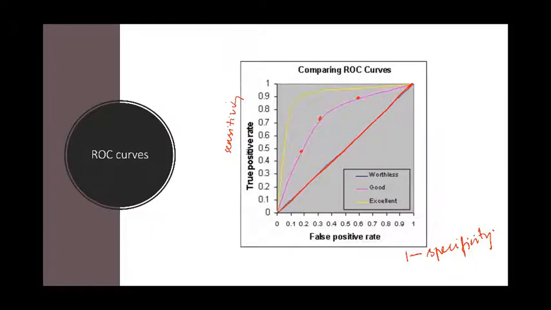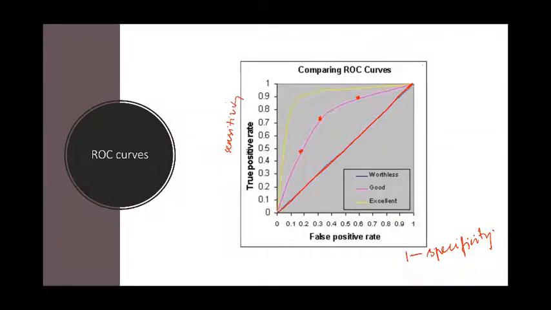Like in the saliva test, if we take 1+, the sensitivity was much higher. So sensitivity would be higher, somewhere here. In another test, sensitivity will be lower, maybe in a different place. In this way, we mark various points, and we draw a line through all these points. Now we get a curve.